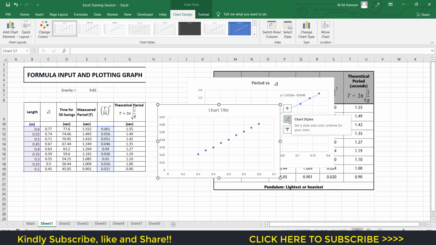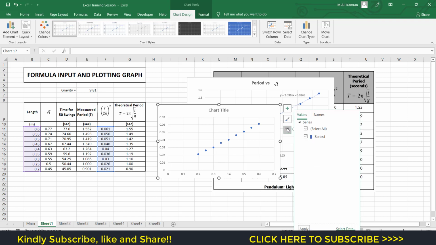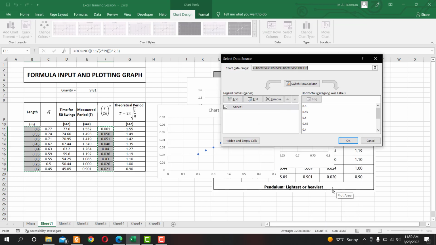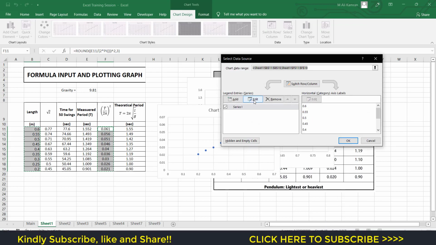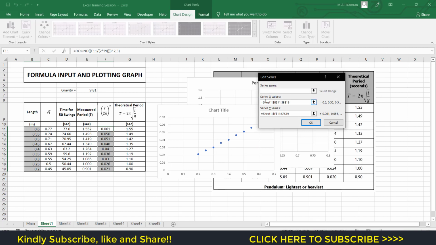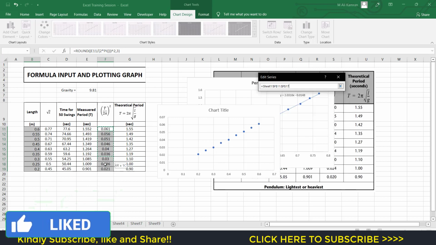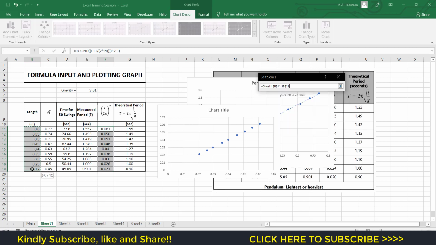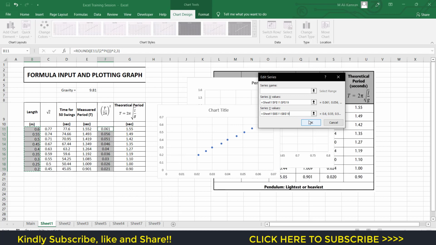Click on this brush, this is chart styles. Click on this and then go to select data, right? So select data, and now we can edit this. This is the series name, this is the x value. So now we need to remove this, and what are my x values? Let's remove this, and these are now my x values. And now let's delete this, select this and press backspace, and then select this, and now press OK and